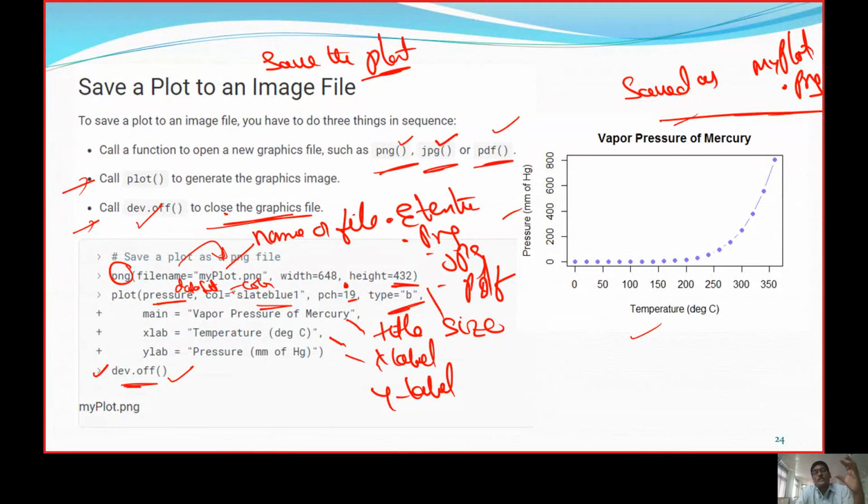And finally, when a plot is taken, we can save the plot. Saving a plot can be as a portable network graphic, or a JPEG, or a PDF file. In this way, graphs can be saved. And when it is looking towards a console, the console shouldn't block that content. So for that, we say dev.off, so that we close the graphics page. And similarly, the file name equals myplot.png, and how much width it is occupying, how much height it is occupying, you can mention. So all the dimensions can be recorded along with its labels.